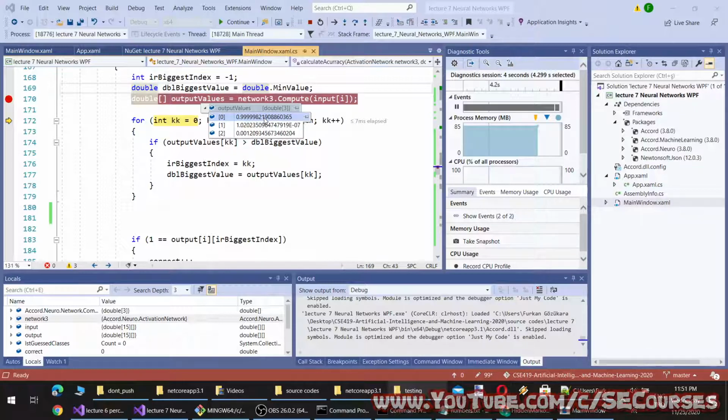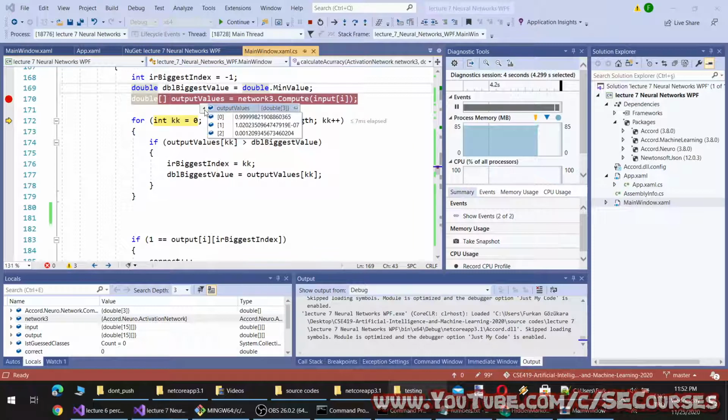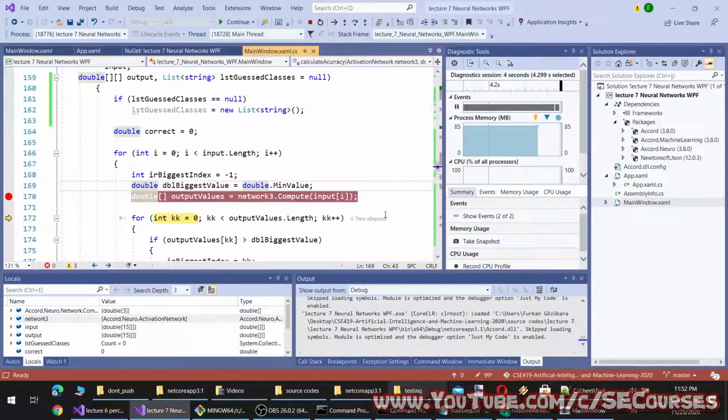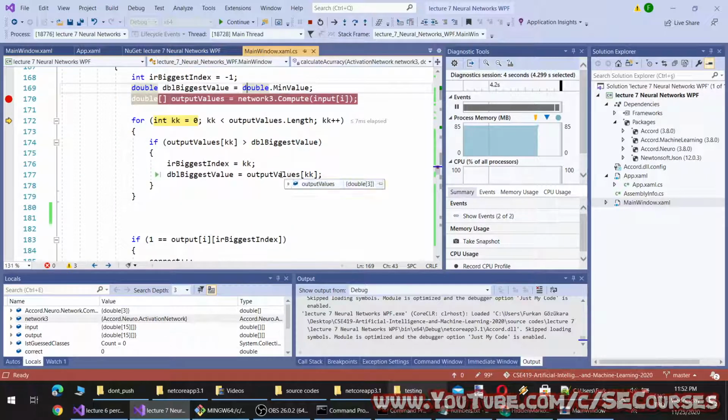Okay, this is the output of the input I, by the way. So the output of first input is class, yeah, it will be class 0 probably. So the classes were coming from.